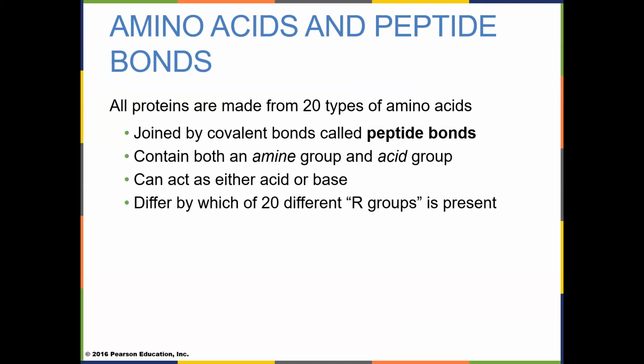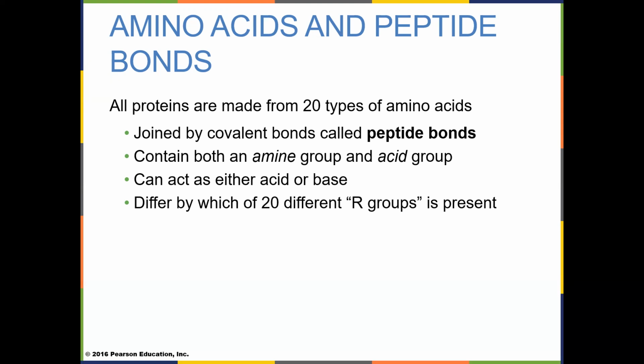There are only 20 amino acids held together by peptide bonds with an amino group, which is the ammonia end, and an acid group, which is the other end. And in the middle is a functional group. We call that the R group. Only 20 of them. But we can make any protein we need out of this. We're not limited to just 20 amino acids in length. We can have proteins that are hundreds of amino acids in length, probably even thousands of amino acids in length. We repeat them over and over and over again.